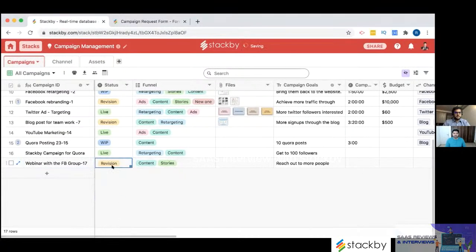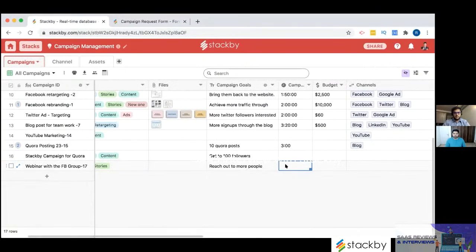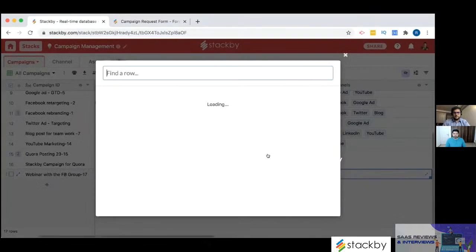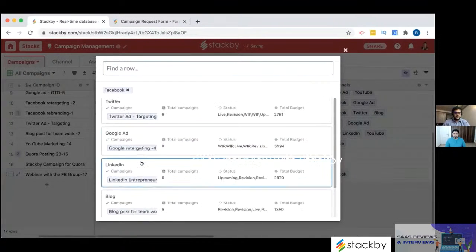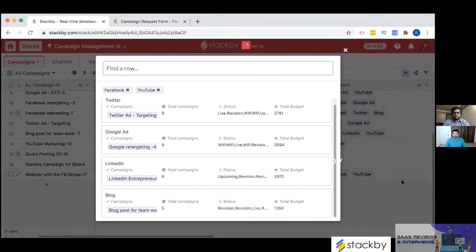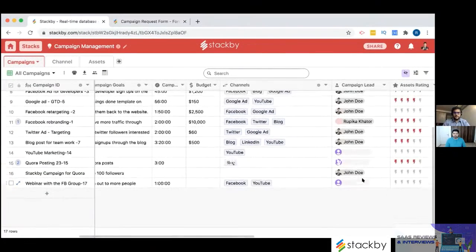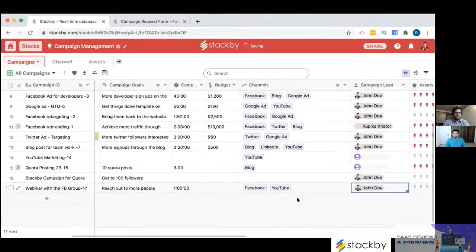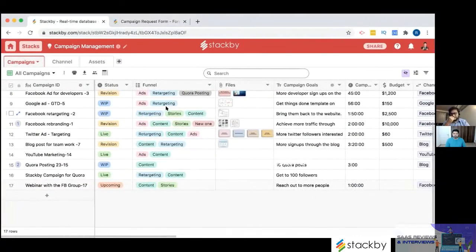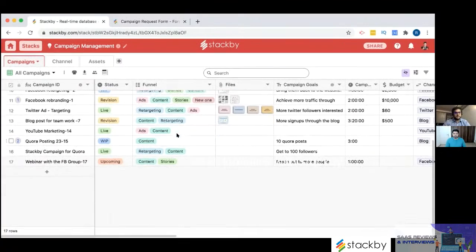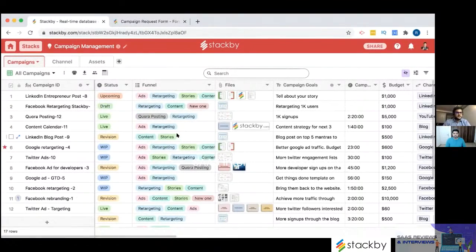Then I can easily manage it, right? So, okay, this is upcoming, any files that we need to add. Okay, the duration is going to be say 60 minutes. And the channel is going to be, for example, YouTube, Facebook, and YouTube. And who's responsible? Say, I'm responsible, for example. So you can easily bring in information from anywhere you want. So that's a little bit about the platform.